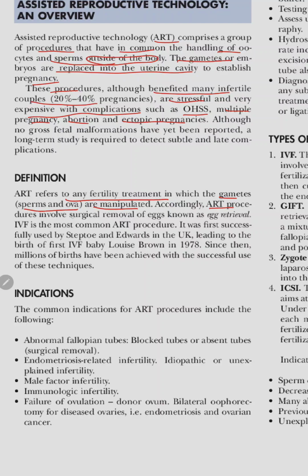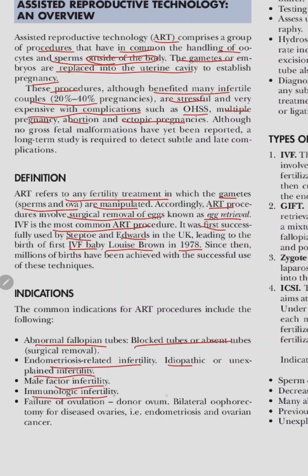Accordingly, an ART procedure involves surgical removal of the eggs, known as egg retrieval. IVF is the most common ART procedure. It was first successfully performed by Steptoe and Edwards in the UK, leading to the birth of the first IVF baby, Louise Brown, in 1978. Indications are abnormal fallopian tubes, blocked tubes or absent tubes, endometriosis-related infertility, idiopathic or unexplained infertility, male factor